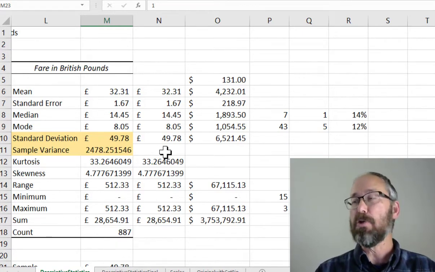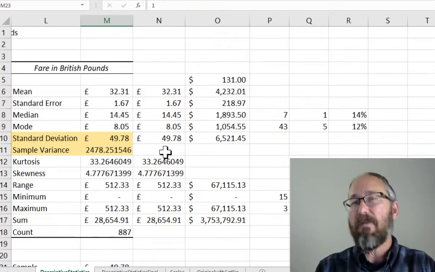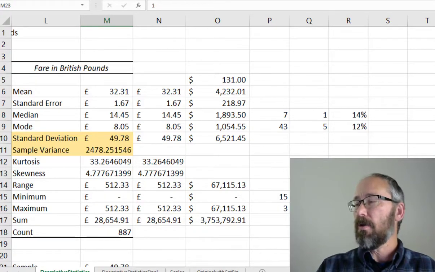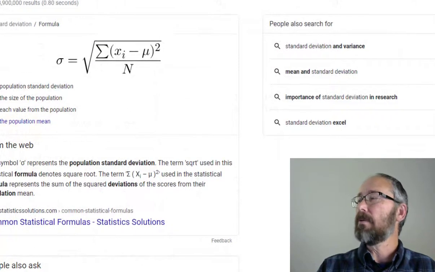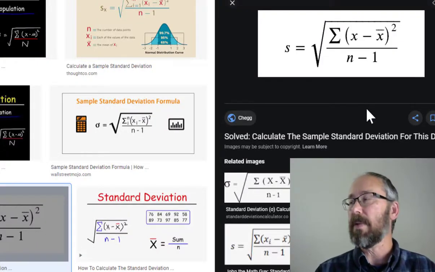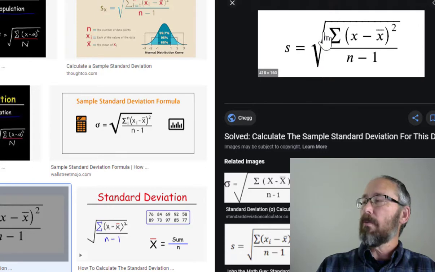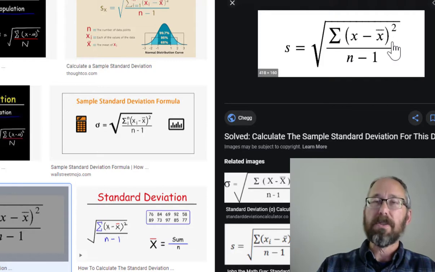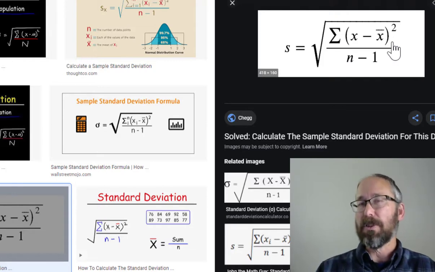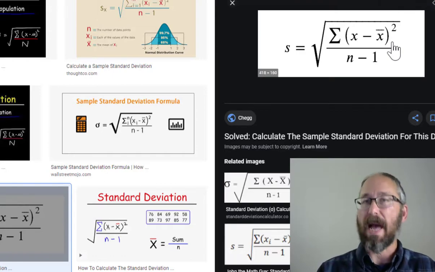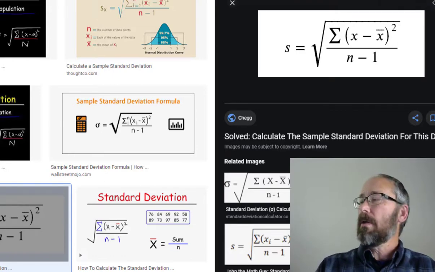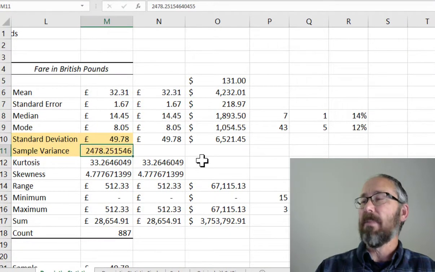I should comment about the units for the sample variance. Actually, I should explain that. I guess I haven't. I was getting a little bit ahead of myself here. Sample variance is the inside of that formula for standard deviation. So if we go back to this formula right here because we're talking about the sample, if we take away the square root sign, what's inside here is called your variance. And so technically what you do is you calculate the variance and take the square root of that to get your standard deviation. Well, so here is that number,